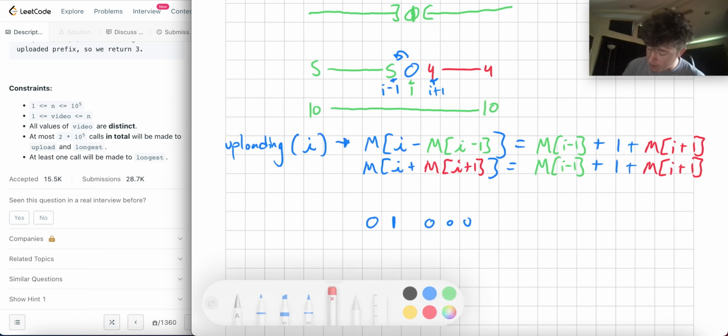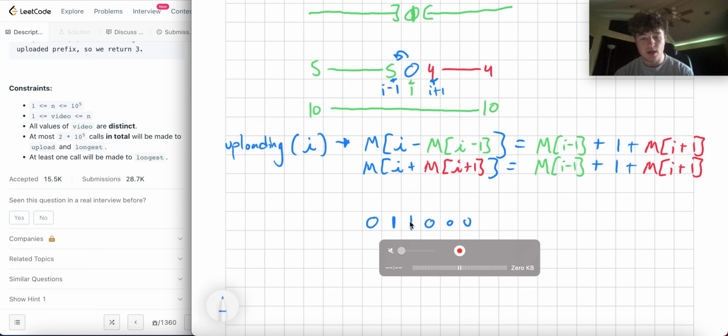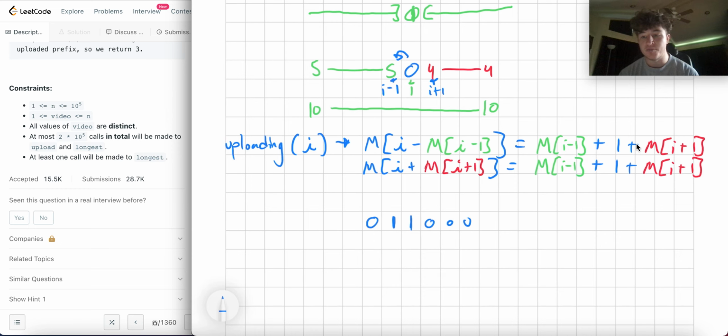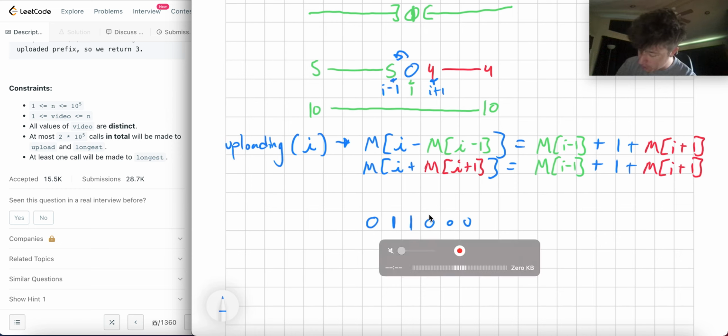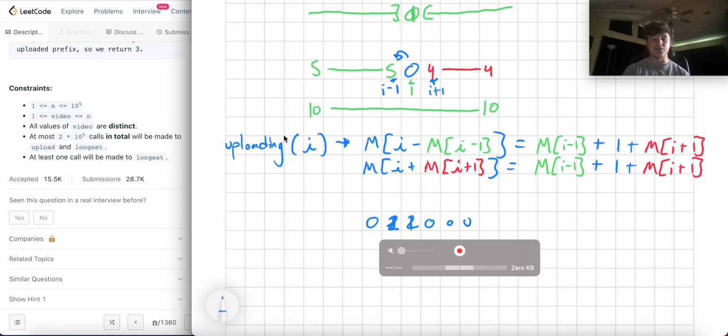So if I add a 1 here, well then I minus 1 will be I minus 1, which is 1, plus I plus 1, which is 0, so this will become a 2. And then I plus m of I plus 1 plus I is 0, so it will be here, equals m of I minus 1, same thing, equals 2. Right, so you can see how this works for 1, this works for 2, and then you can see the general case here that it works for something greater, right?